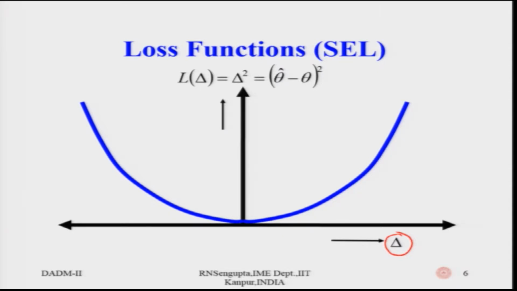So, both on the right hand side and the left hand side of the graph, that is in the first quadrant and the second quadrant, the height of the function, which is L of delta, is of equal quantum. Now, the advantage of this loss function is that minimizing it gives us information about minimizing the variance. Because what is variance? Variance is the expected value of theta minus theta hat squared, which is the